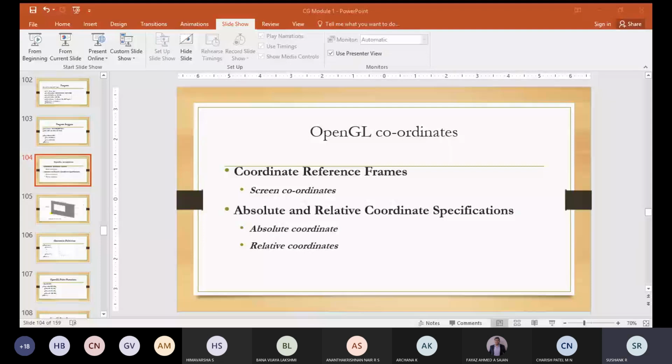These screen coordinates are integer values which correspond to the pixel positions in a frame buffer. What are the screen coordinates? These are the integer values which will correspond to the pixel positions in a frame buffer.